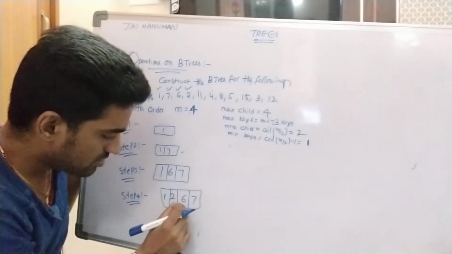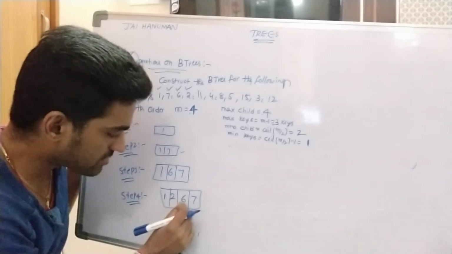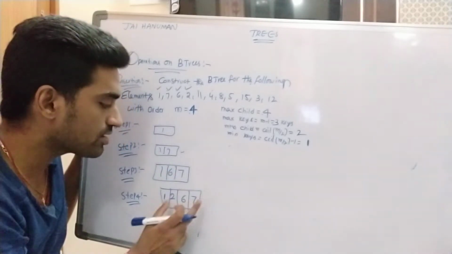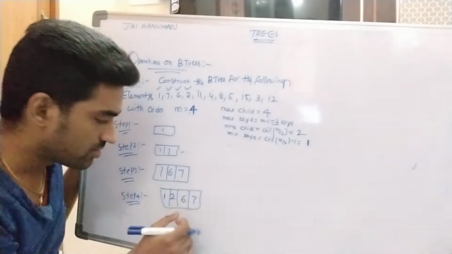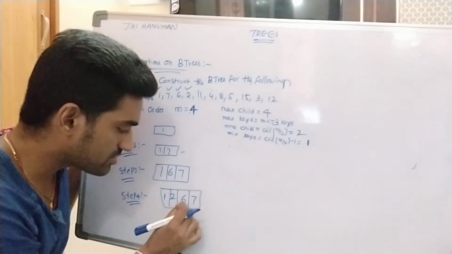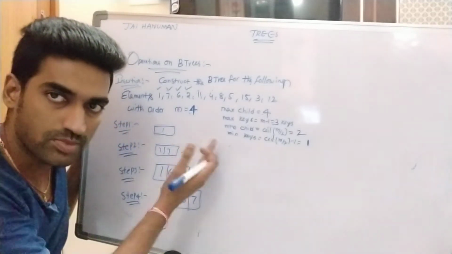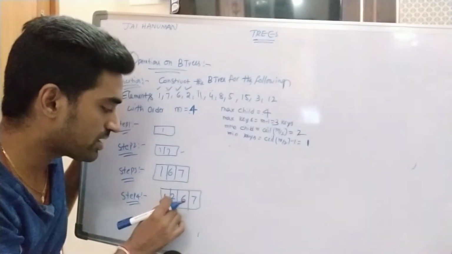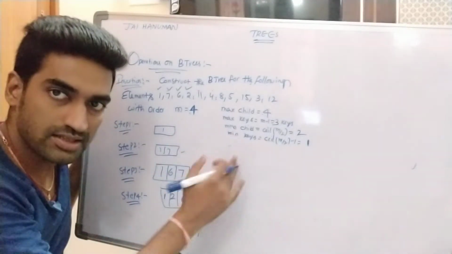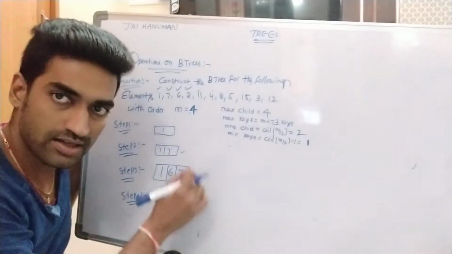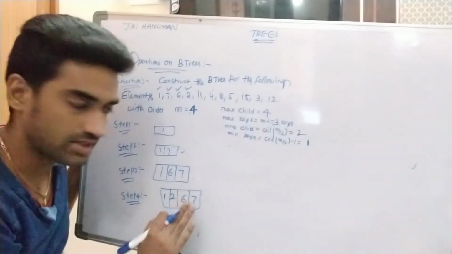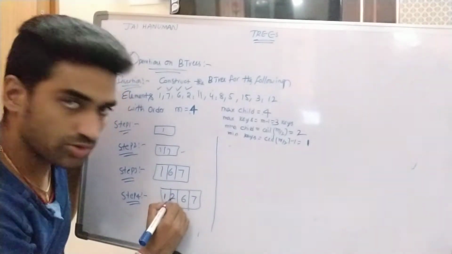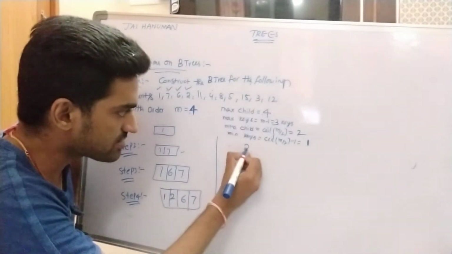Here you have to take either 2 or 6 as the middle. If you take 2, the tree is considered a left bias tree. If you take 6 as the middle element, it is considered a right bias tree. You have to choose any one of the middle values. Once we choose left bias, at each and every step we take the left value only. So here I am taking a left bias tree. What is the middle value? 2. So 2 moves to the previous level.